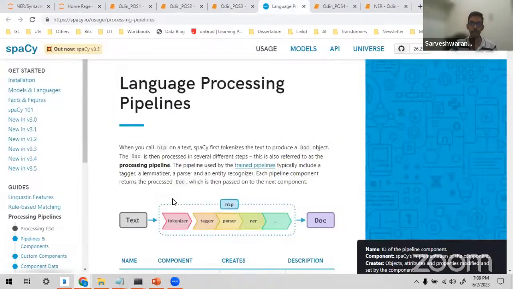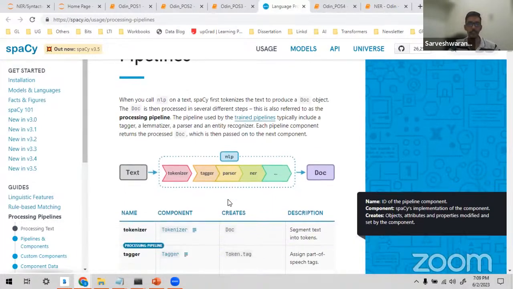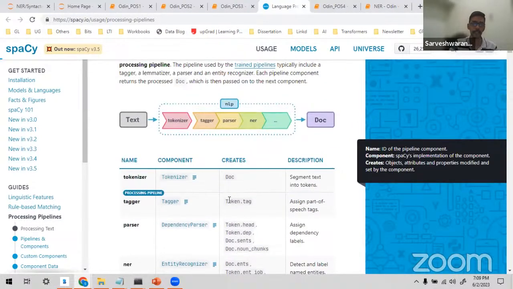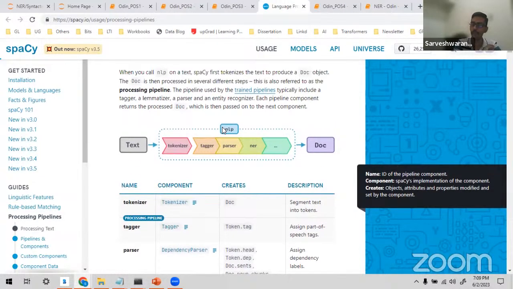And this is the pipeline here. You can see all these are taken from here, right? From spaCy. You can see the text, the tokenizer, and spaCy 3.0 was very famous. Now you can see there is a new version of spaCy, right? By understanding spaCy and making use of this pre-trained model, you can fulfill most of the low-hanging fruits in the market. You can have so many different applications using this spaCy.